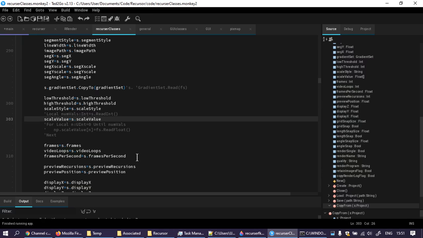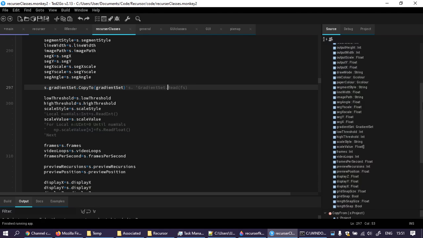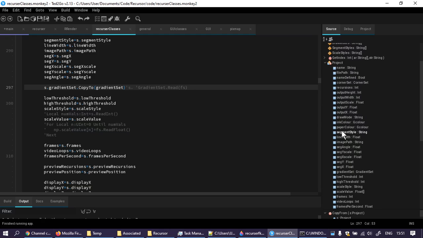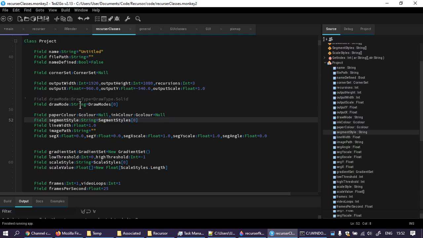Yeah, sorry, I am. I'm just taking a direct copy using the fact that they're structs. Gosh. And here, I'm not surprised I'm getting problems. Oh god, here we go again. Corner set, gradient. It does get a new gradient set. Am I doing this or am I not? So the gradient set also gets discarded